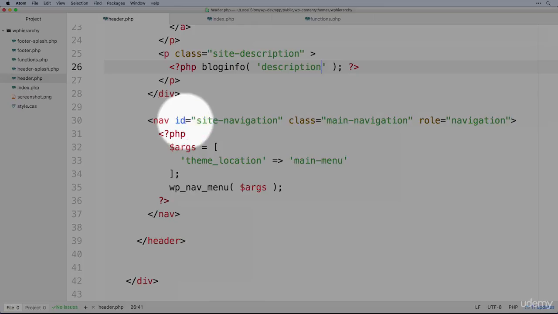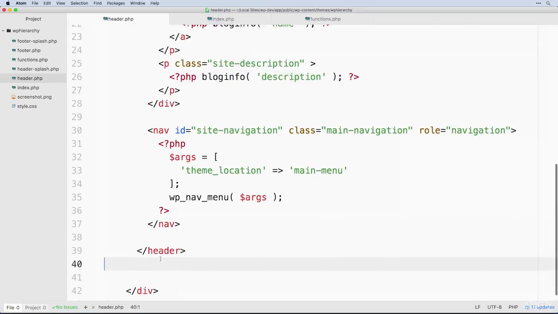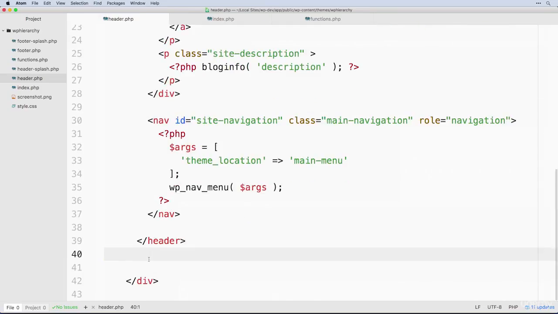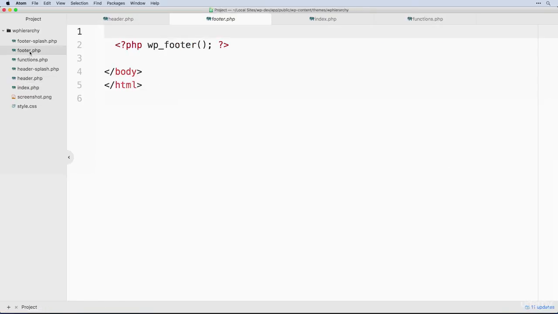We come down, we've got our main navigation appearing here. We close out the header. We close out, what was this other div? We close out the page. We don't want to close out the page in our header. So this is a bit of a problem. This is going to have to go down into our footer. So let's come down into our footer,